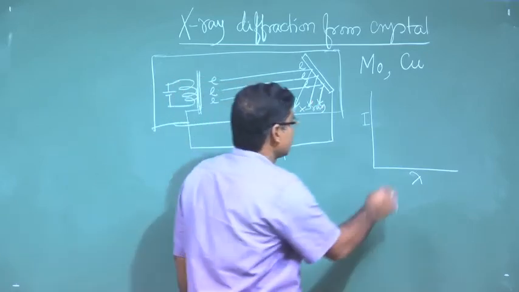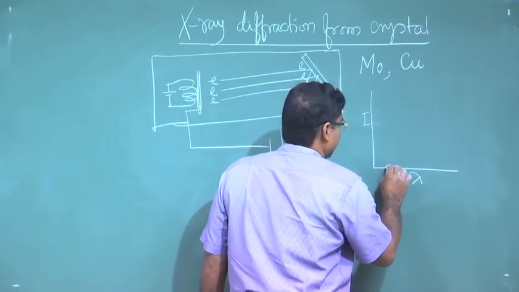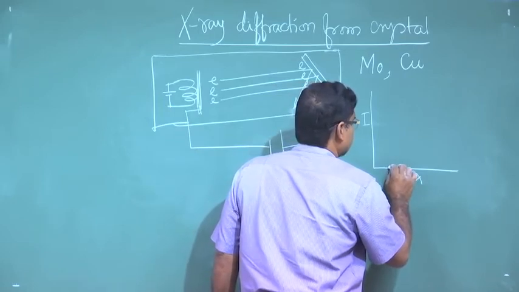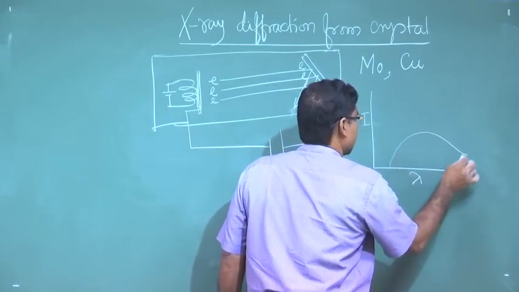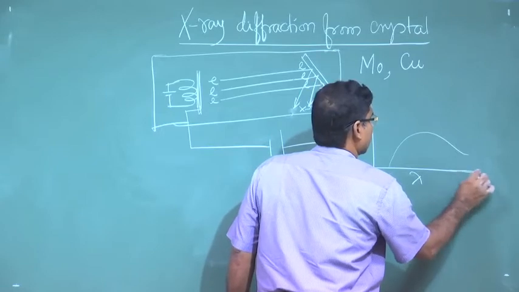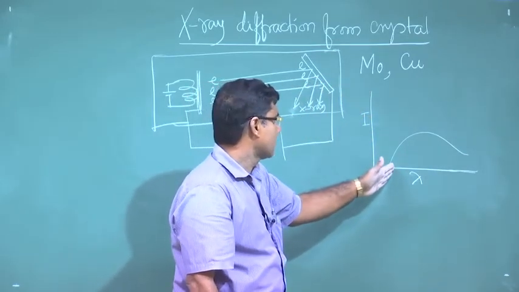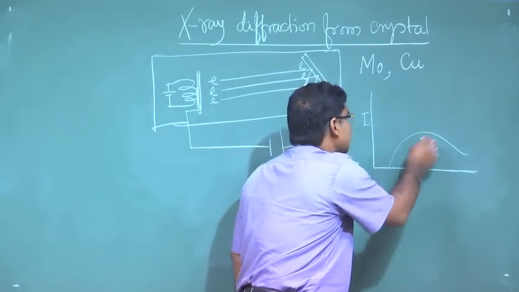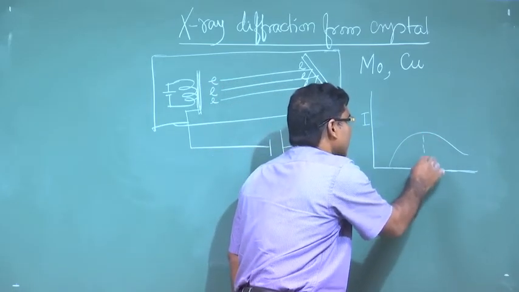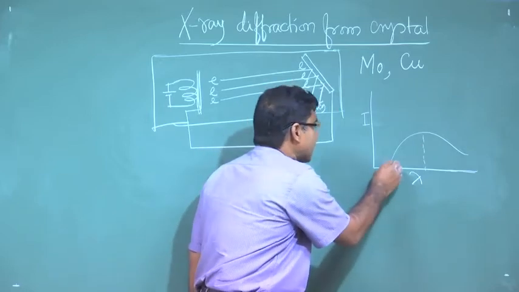So, this type of curve one can see, okay. So, its intensity is maximum at a particular wavelength, but simultaneously it has a minimum wavelength,